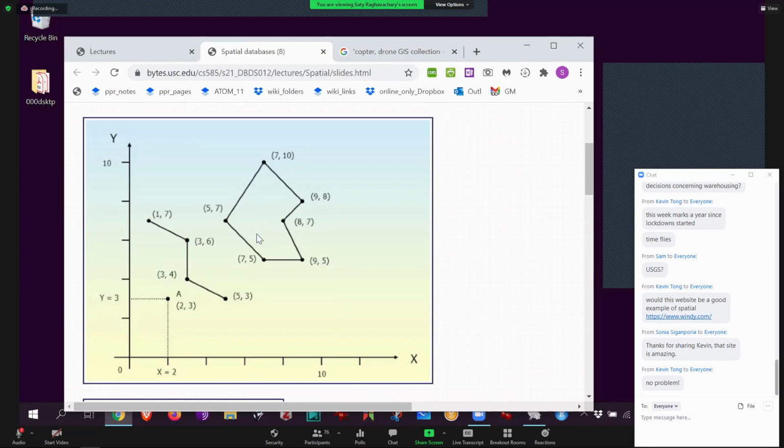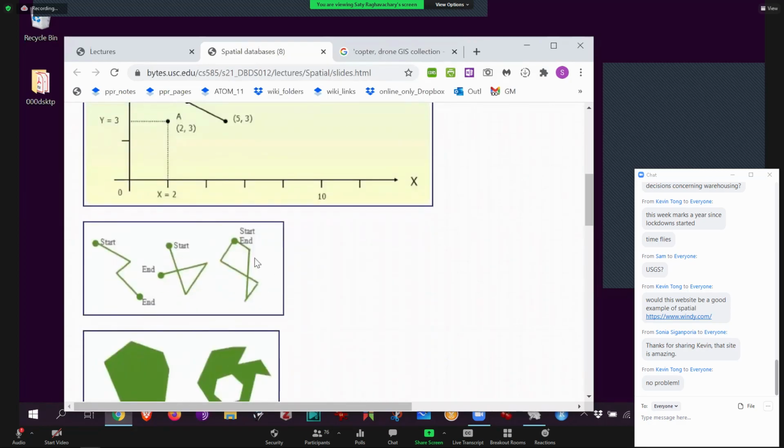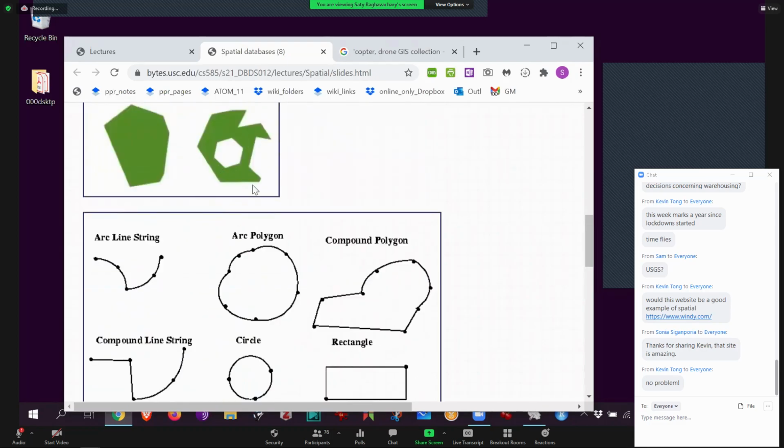It doesn't have to be closed like a nice polygon like this. It can self-intersect. That is still considered, like this is also considered a polygon, okay? All you need is a starting point and ending point to be the same. Then it adds up the areas. Likewise, a line can also intersect. It's still a line. All right. Polygons can have holes in them. Maybe this is a golf course, but the golf course has like a little lake in it.